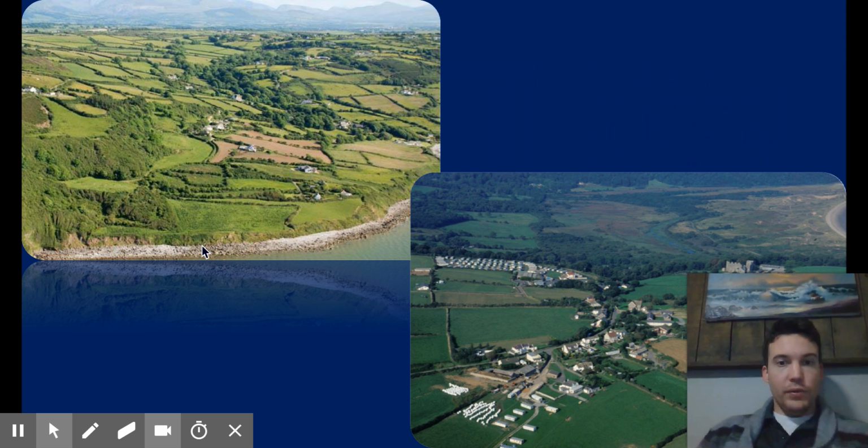Here are just two examples of clustered and dispersed. So this would be a town that is dispersed. Look at all the different towns popping out over